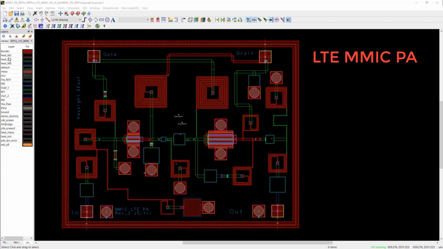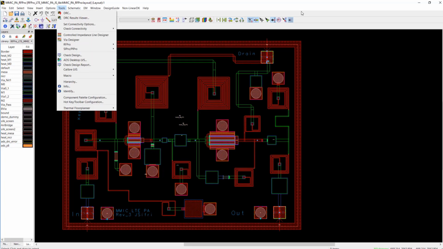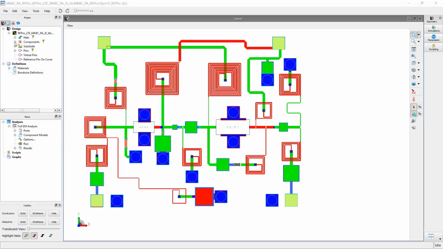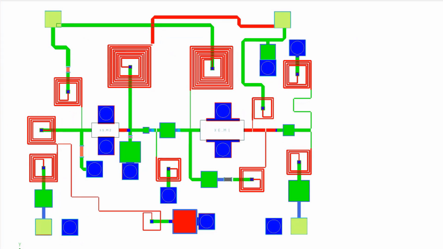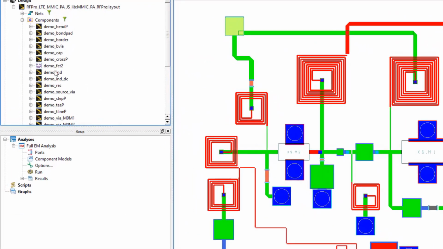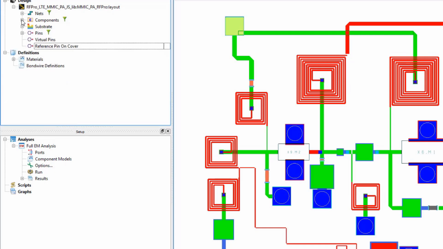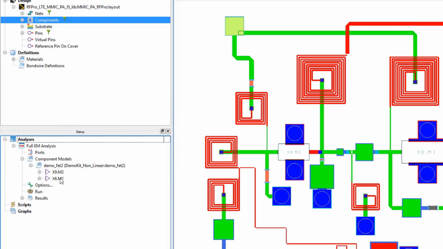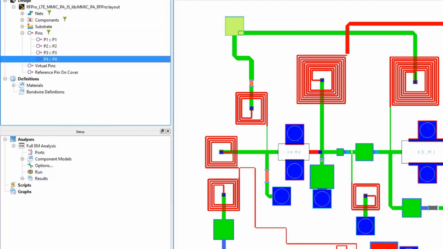In this short demo, I would like to show you how to quickly set up and EM simulate your design with RF Pro. From the Layout page, RF Pro is launched from the Tools menu. RF Pro automatically assembles the entire design, including its pins and components. Components with circuit models, like FETs and SMT devices, are usually represented with circuit models and do not require EM simulation. So by dragging the components down in the analysis section allows RF Pro to combine and co-simulate these circuit models with the EM simulation results of the layout.